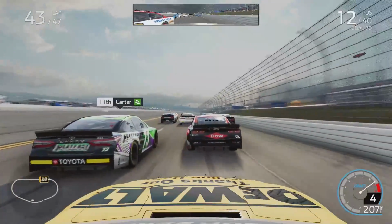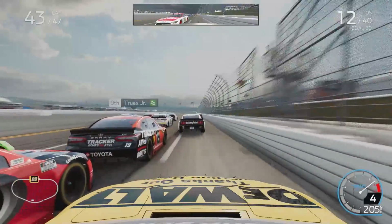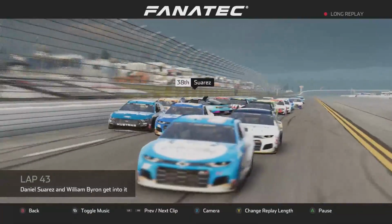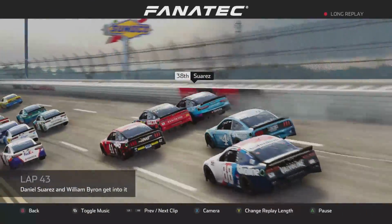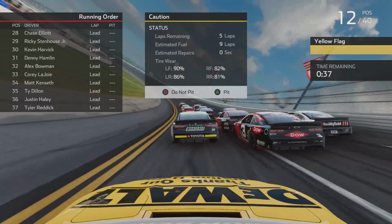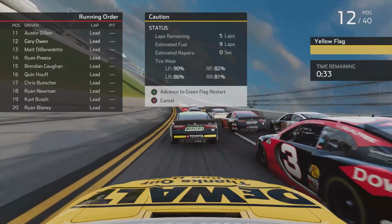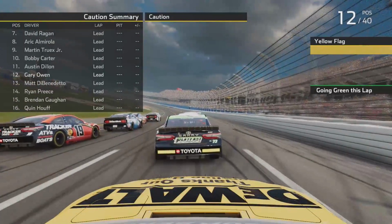Here we go down this back straightaway to the outside of Bobby Carter and even to the outside of the 3 of Austin Dillon. 3 wide on the far outside as we go down this back straightaway now as there's the 96. He's losing the tire. Suarez goes crashing down the backstretch collecting the 24 and the 48 of Jimmy Johnson, the 7-time champion. The caution comes out. Suarez thought right now as he said that he potentially has a tire going down. Sure enough, it goes down. The caution comes out. This will force